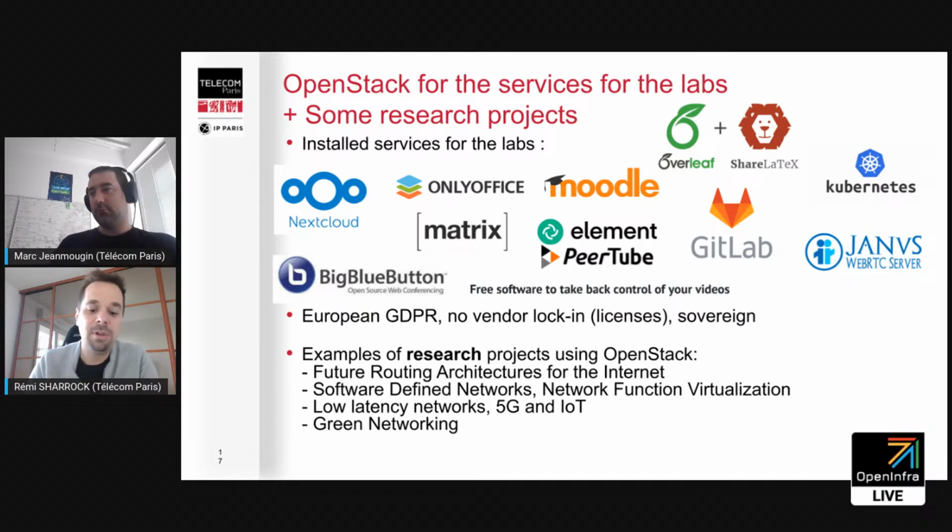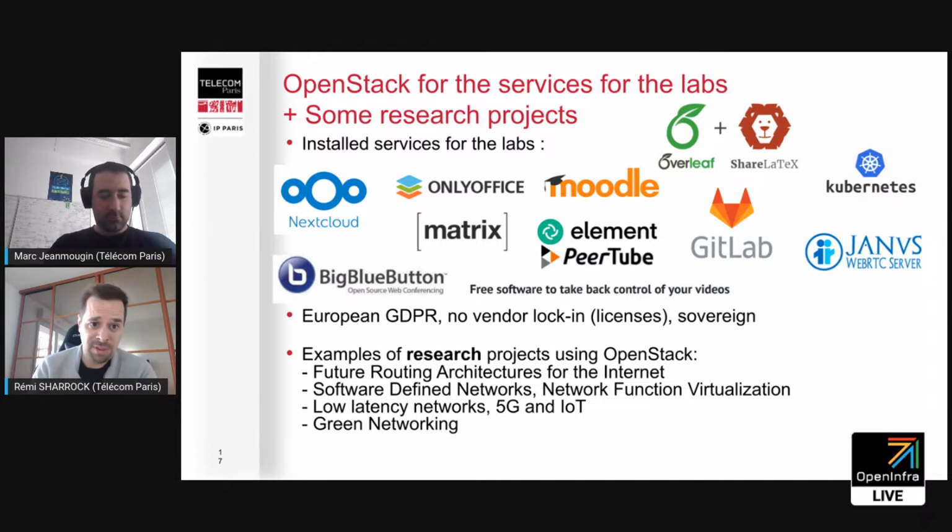And if you collect a lot of licenses, it could be very expensive, and we are a small school, so we don't want to spend so much money on big licenses for software. And if there is an open source alternative, it's a good way to give the service. Also, the sovereignty of the nation is one aspect.